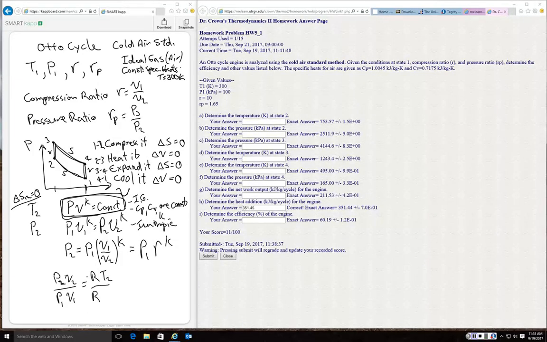Since those two terms are equivalent, then I get that the R's cancel and become 1, and V2 over V1 I can replace as 1 over R. Now I can multiply both sides by T1, and I get that P2 over P1 times T1 over R equals T2, and with a little bit of arranging, it's fairly easy to show that T2 then equals